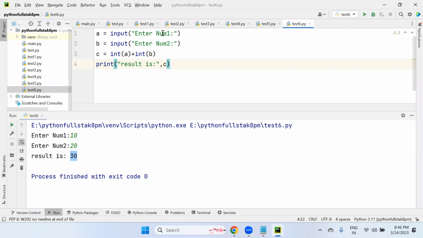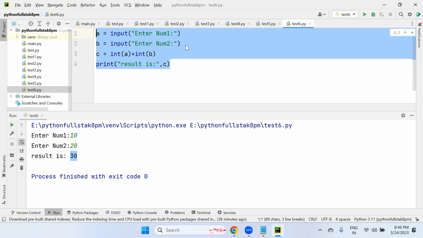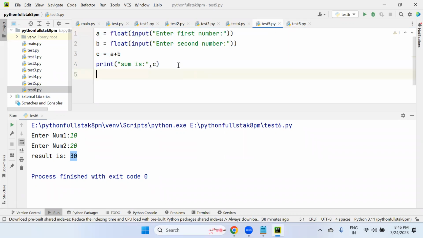That's what small changes are required. First you have to accept num1. Anyway, it is going to store a string only. That string is converted into integer separately, and this string should be converted into integer separately. Finally, we are doing like this. This is also possible, instead of integer input, this is also possible. So this program is okay and this program is okay. Any one is okay, as per your convenience.